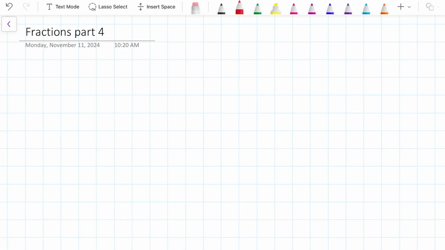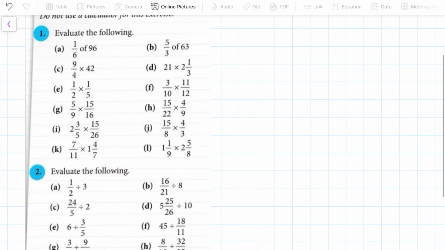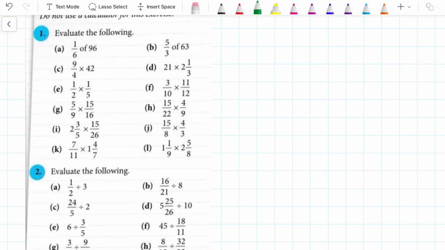So in the previous three videos, we've discussed addition, subtraction, multiplication, division of fractions. Now in this video, we'll holistically discuss, basically focus on multiplication, division and word problems of it. But that will also involve a couple of concepts of addition and subtraction. So it's going to be a holistic wrap up of fractions. So let's start.